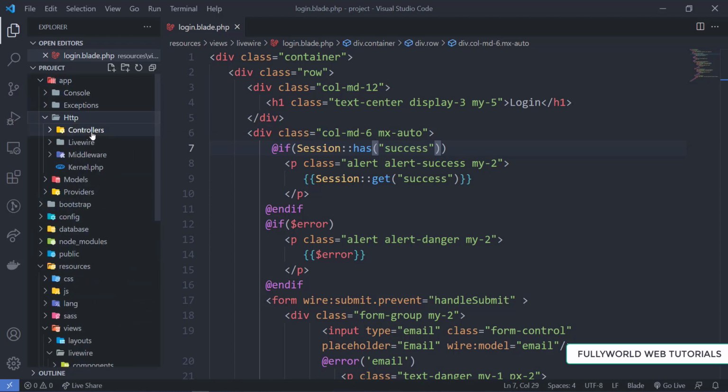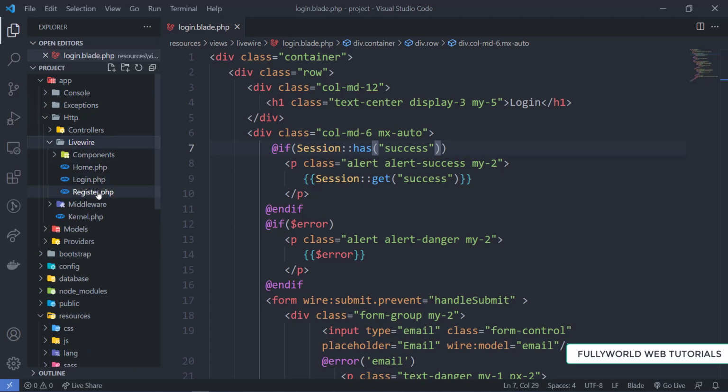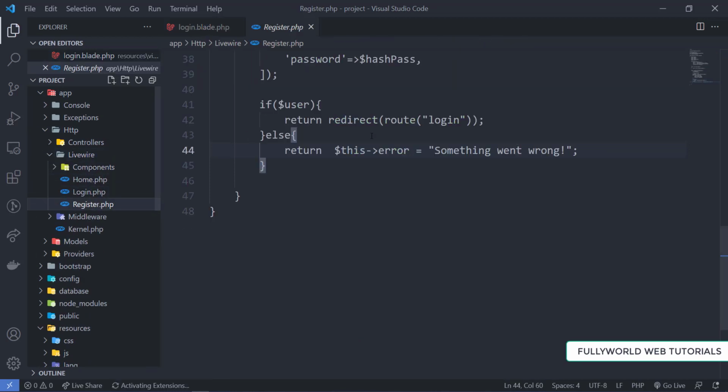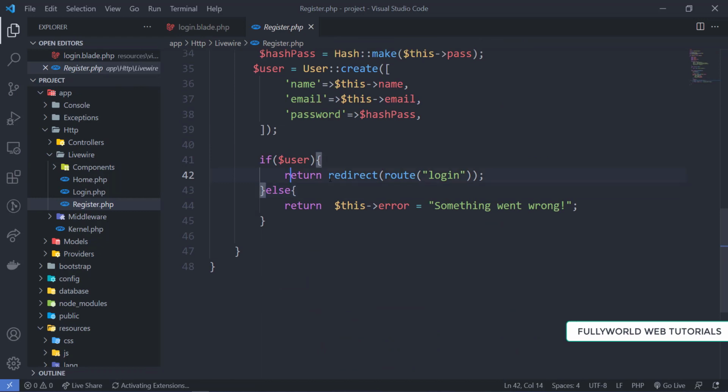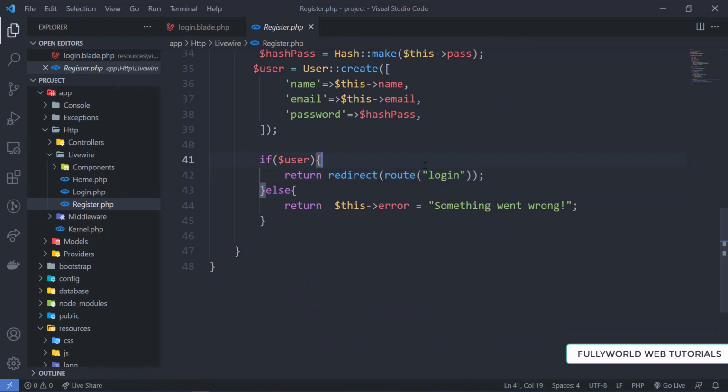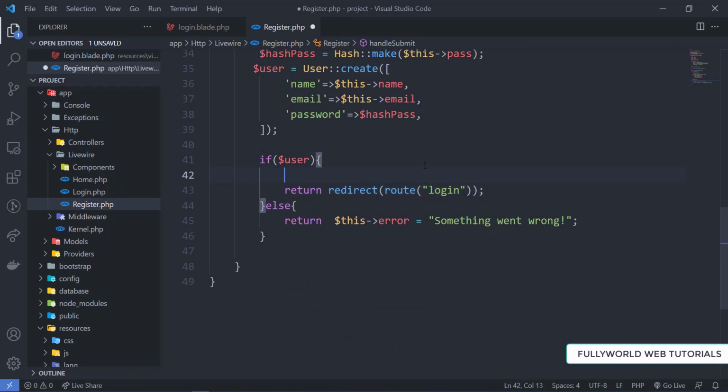Now I will go to the register class file. Let's go to Http, Livewire, and then Register.php. Whenever there is a redirection, before that we are going to handle the session here. That means we will send the message through the session.